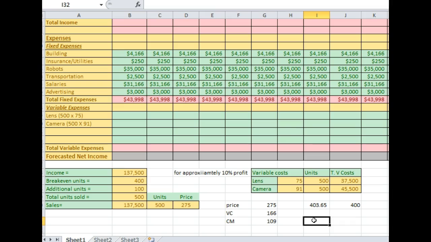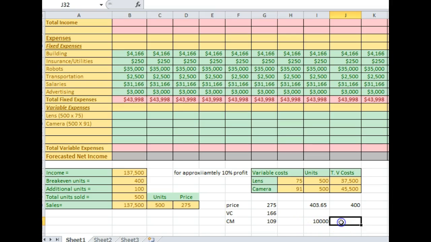So if I take now the $10,000 I want as profit and divide that by the 109,